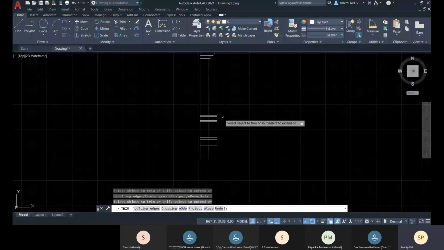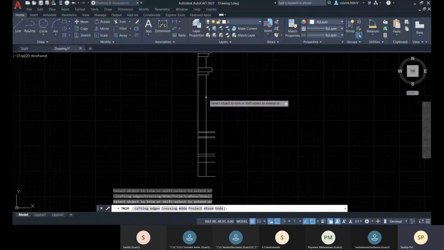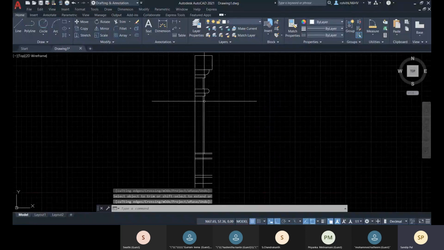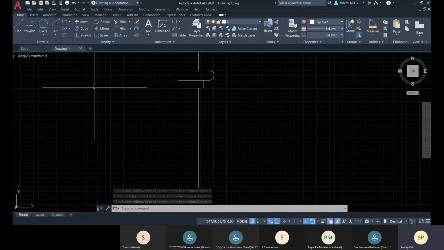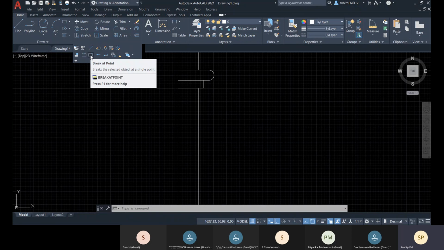Okay, so let's go for this. So we will keep this line. Let me just break this somewhere. So we have this break at point or break at 2 points.